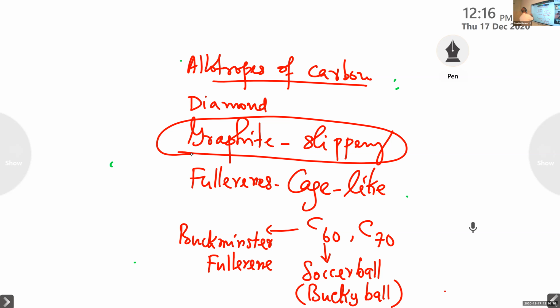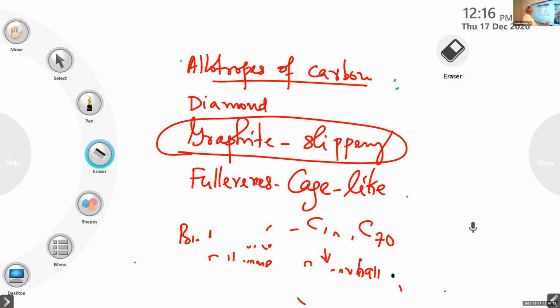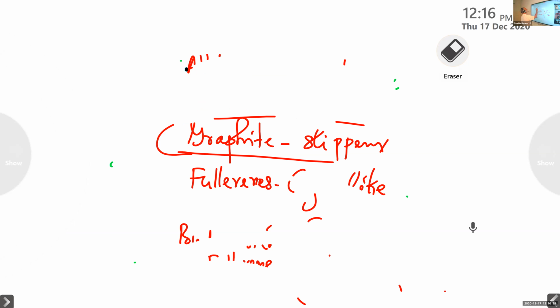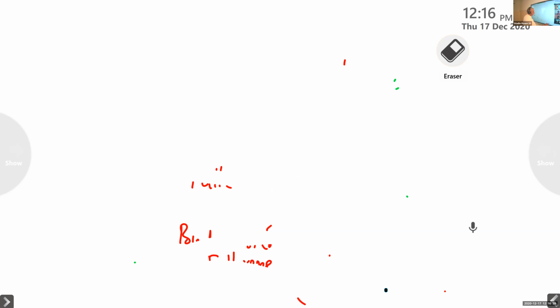So it finishes the allotropes of carbon, and by that it finishes the chapter. Same group 14 carbon family, and it finishes our chemistry topic for the year plus 1. Say, I'm very particular that